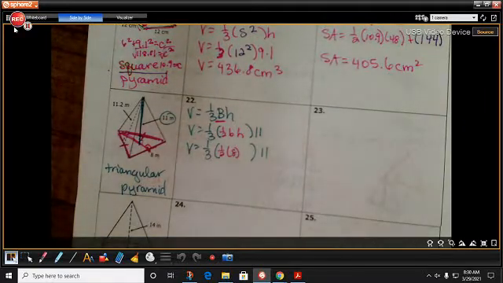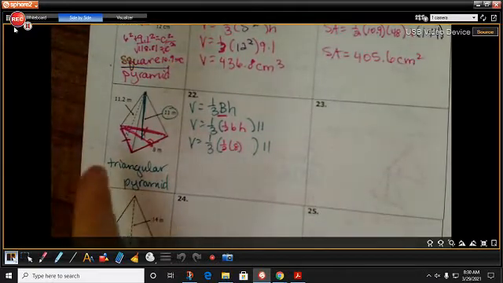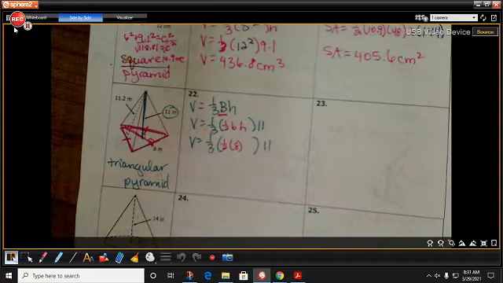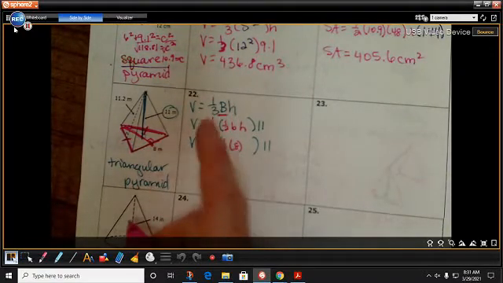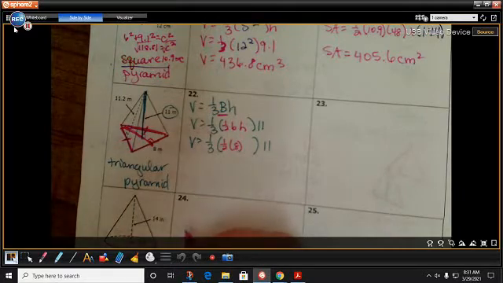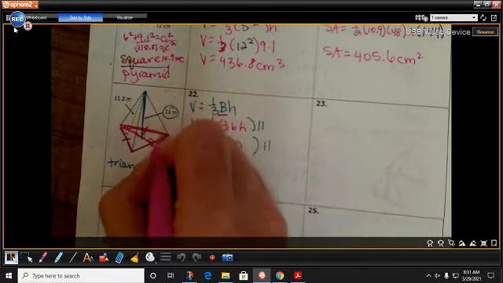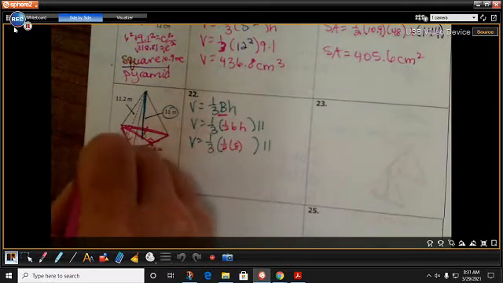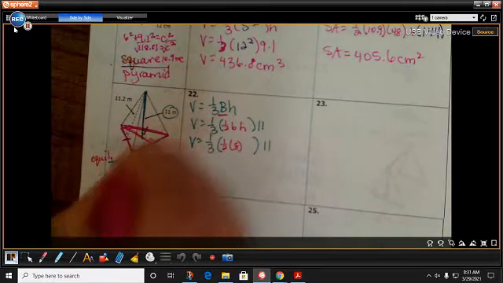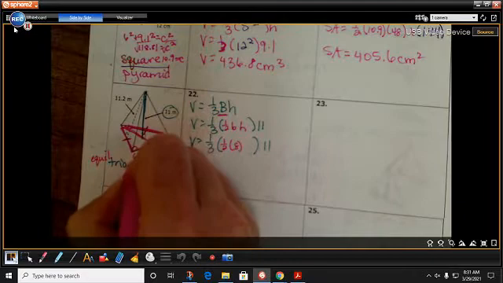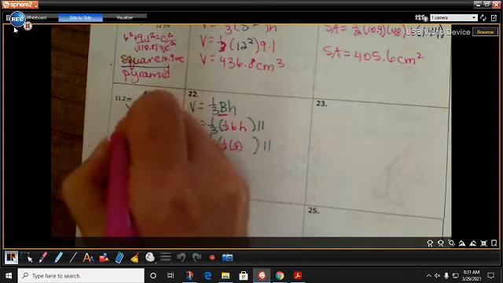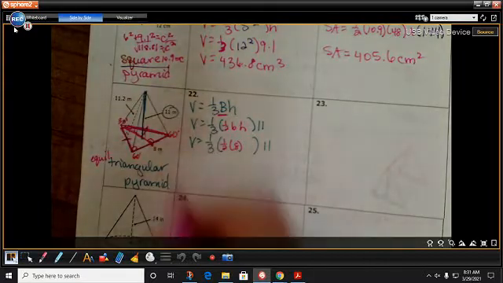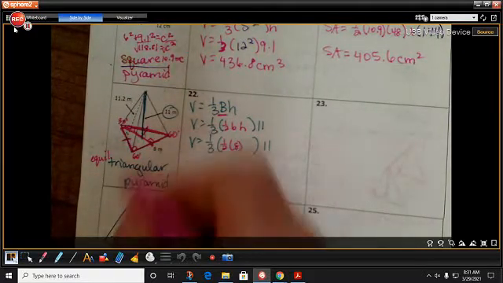And I don't have that number yet. I don't have that height. So I have to figure that part out. Okay? So to figure this out, I'm actually going to use my special right triangles from way back in the day. I'm going to remember, since this is an equilateral triangle, that all of its angles are 60 degrees. And so if this is 60 degrees and this is 30 degrees up here and this is 90 degrees,